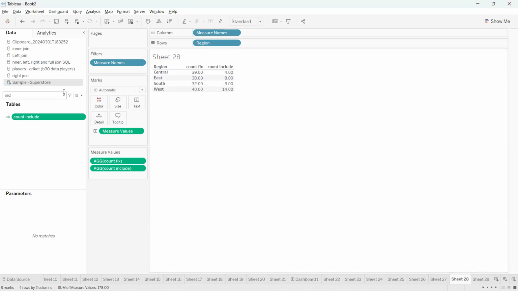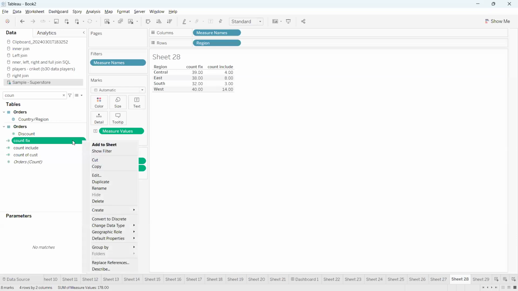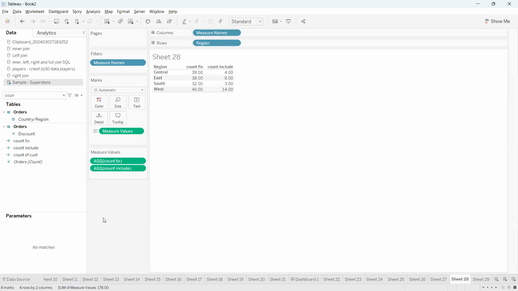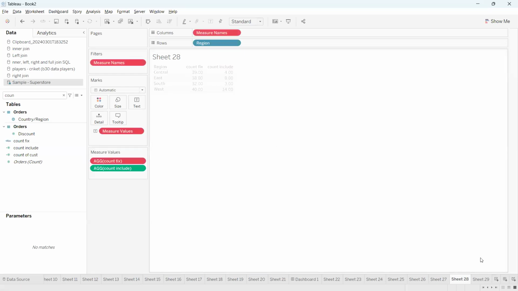And one more thing I want to say. So this is the fixed LOD, right? So this is also very important. This count fixed is because of fixed LOD. So we can convert fixed LOD into a dimension, maybe just convert it to discrete. Okay. And let me change data type to string. If I go to my include LOD,